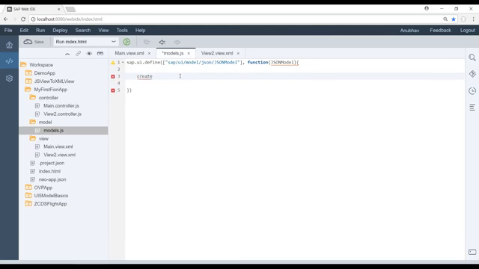So I say createGlobalJSONModel function, curly braces, return new. What you can also do is just say var oModel equals new JSONModel,